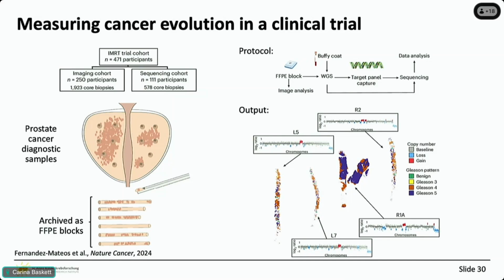And what we did is we went back and took this natural multi-region sampling and applied sequencing, as well as taking images and applying an artificial intelligence method to do automatic grading, which I won't talk too much about today. So then we had, within a cohort of around 110 patients plus, this genetic information taken from multiple regions. And we also had, of course, being a clinical trial, really good outcome data and follow-up data, about 12 years on average follow-up.